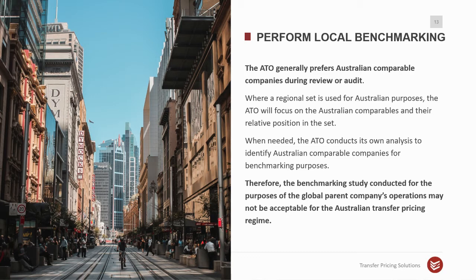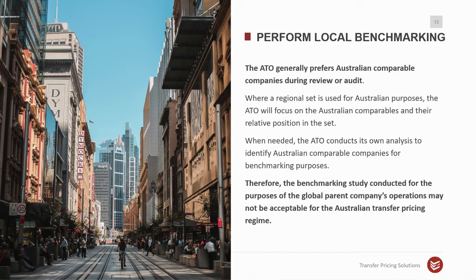You need to perform local benchmarking. So the ATO generally prefers Australian comparable companies during a review or audit. Where a regional set is used for Australian purposes, the ATO will focus on the Australian comparables and their relative position in that benchmarking set that you have. When needed,